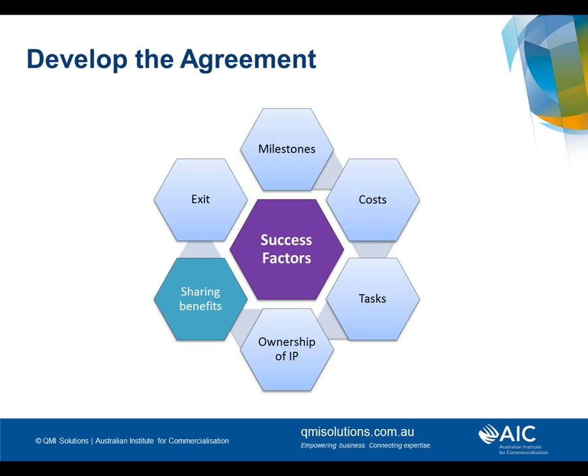And by benefits, I'm talking about the commercial benefits, because different parties may have different needs going into the project and seek different outcomes at the end. So it's important to clear these things up front. And of course, when you come to the end of the project, you need to be clear how you're going to close down the collaboration, if it served its purpose, or if it's going to turn into something else,